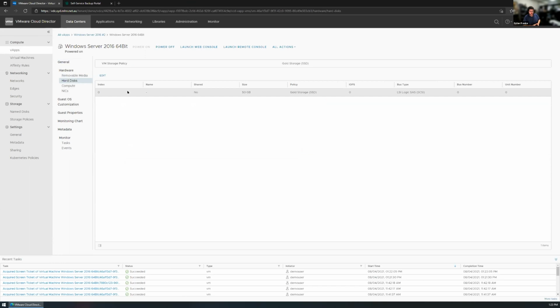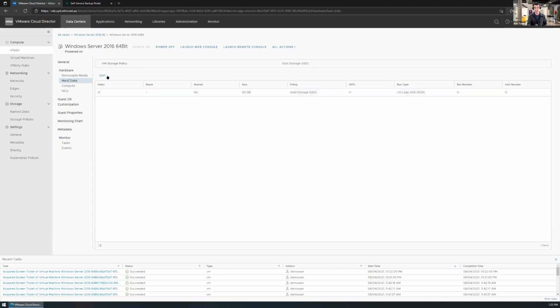So if you do increase it by too much, we generally recommend just adding a second disk of the right size you want, clone it across, and delete the old disk. The complications aren't so much from our side, they're within Windows. If anyone's ever tried to shrink a virtual disk before, it's just limitations within Windows because the blocks on the disk have already been allocated. Hence the complexities. So there, Dylan, I can see that's on gold storage.